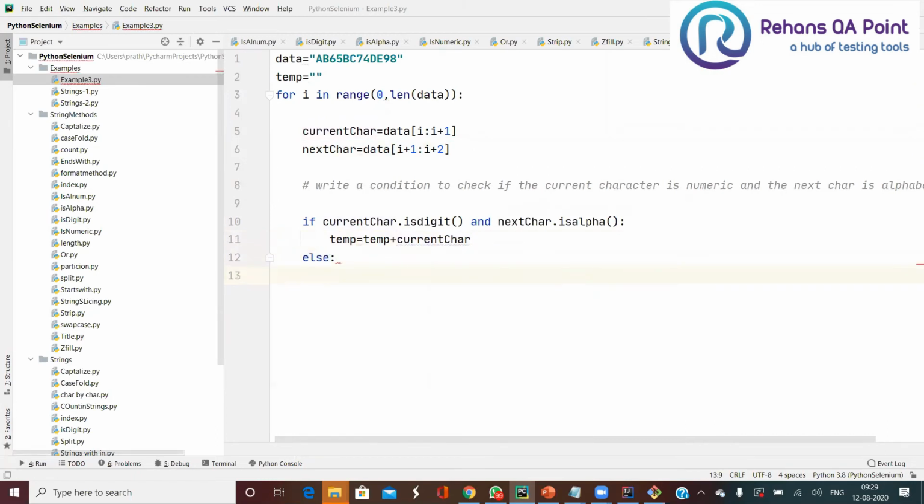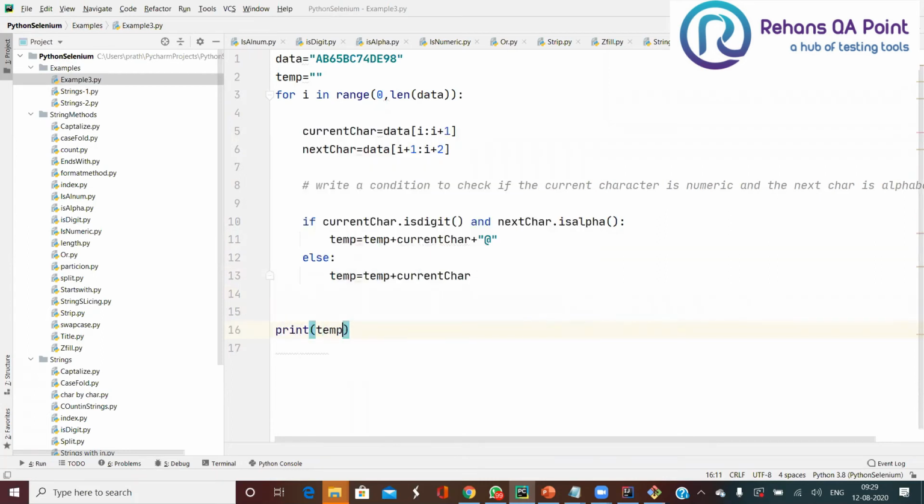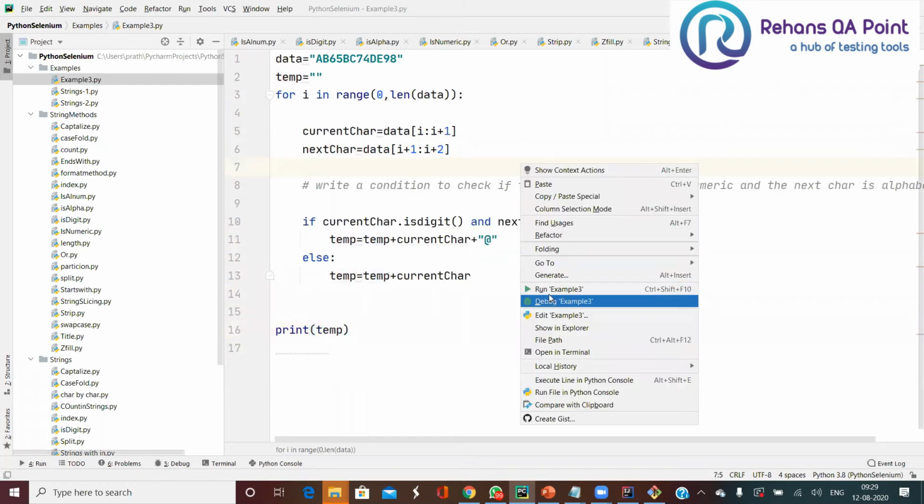Then temp equals temp plus the at the rate symbol, else temp equals temp plus the current character. Okay, let me run this. In my print, let me try to print and see whether I'm getting the current string or not.